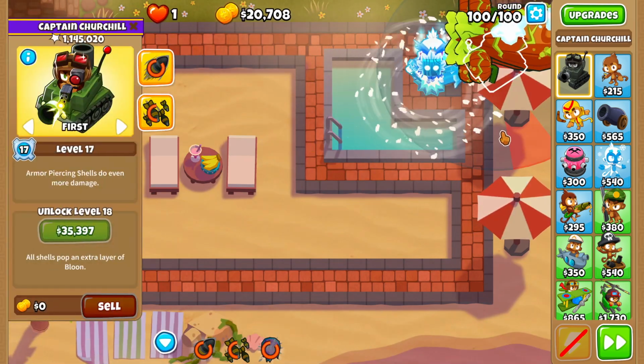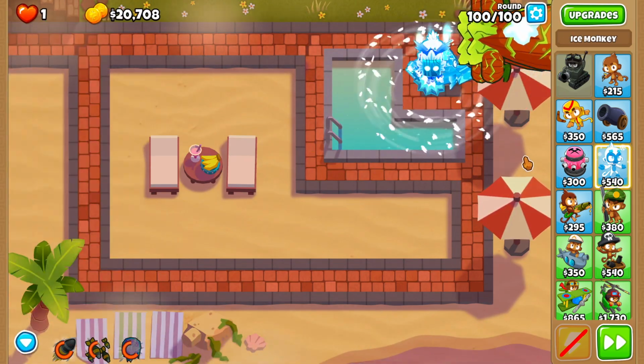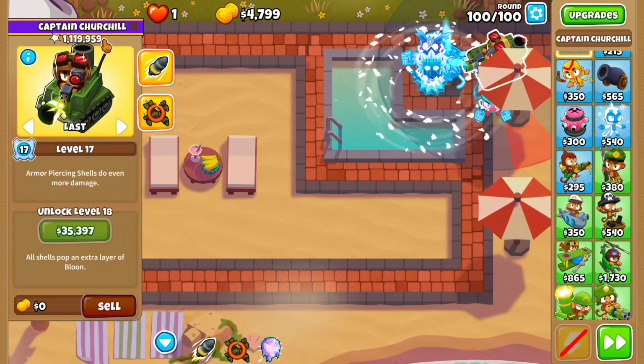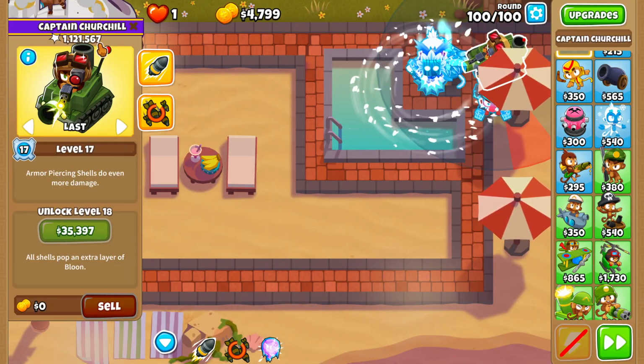Churchill's ability is not going to be enough here. We're getting out of range with the Icicle Impale, and that is going to be our loss. I've got one other minor trick up my sleeve here. I'm not sure if it's going to be enough to do what I want it to do, but it's something,